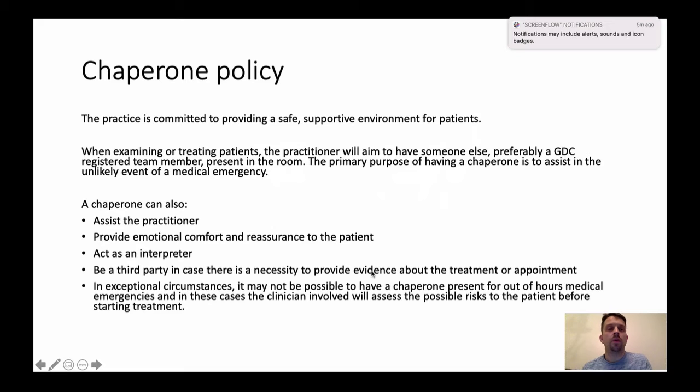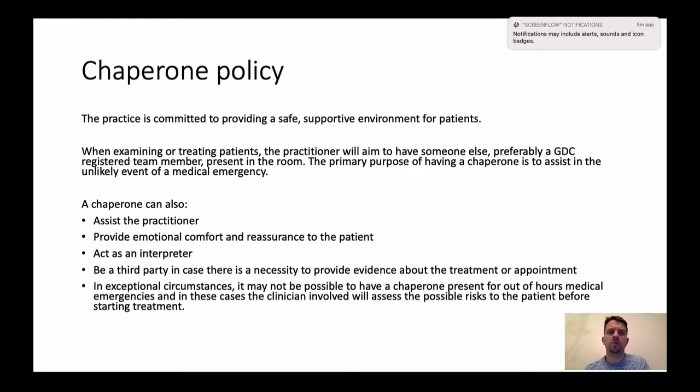Okay, so chaperone policy. We need to make sure that we provide a safe, supportive environment for patients. When we're examining or treating patients, we prefer to have somebody else in the room, preferably a GDC registered team member. The primary purpose of having a chaperone is to assist in the event of a medical emergency, but also